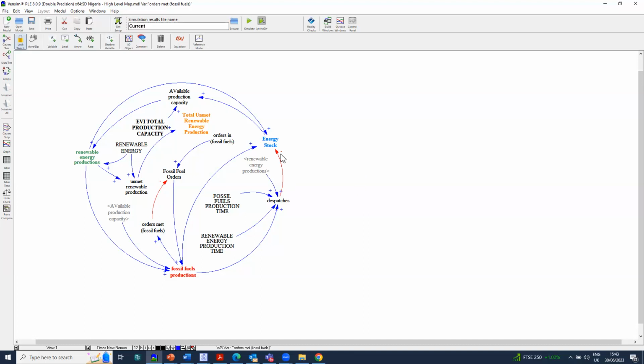Any issues in terms of how to draw this? Any issue in terms of how to use this tool? Very straightforward. You only need 5 minutes to learn it. If you just work with somebody who knows how to use it, very simple to learn, very simple to pick up. And from there, we went on to look at the stock and flow diagram.